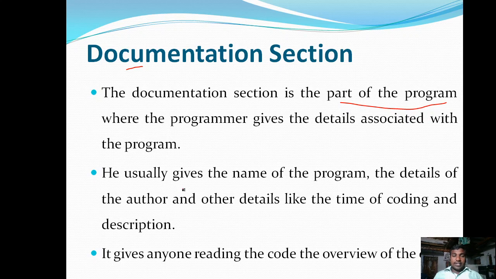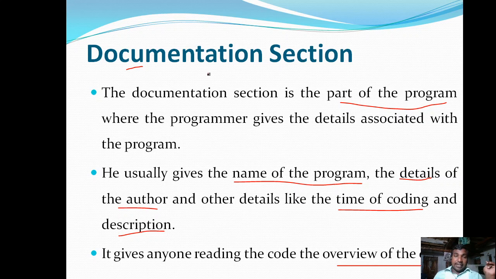Generally it gives the name of the program, the details of the author who wrote the program, the time of coding and a description about that particular program. It gives anyone reading the code an overview of the code.